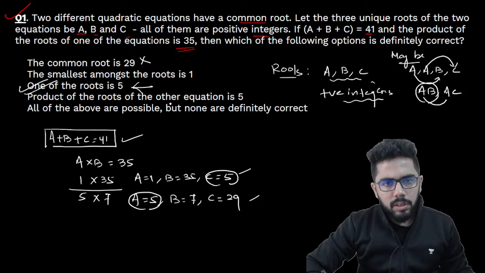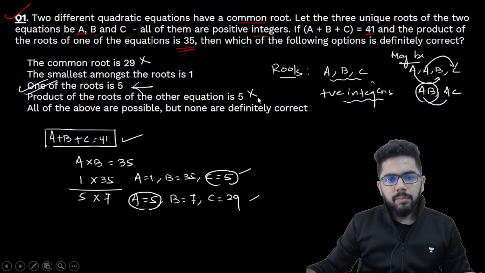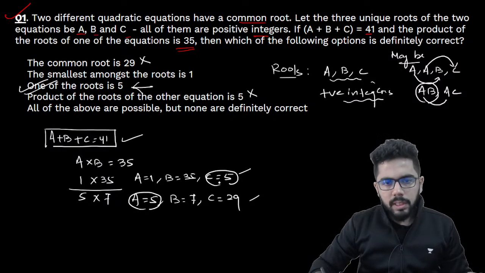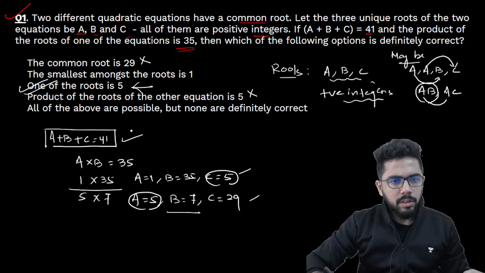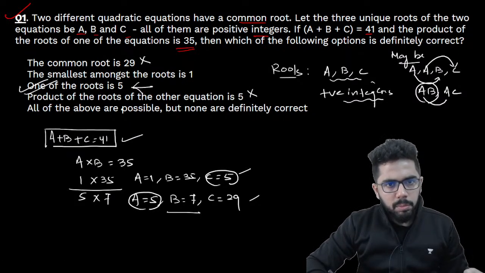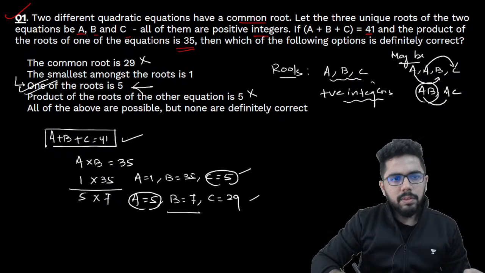Product of the roots of the other equation is 5, we don't know, कुछ भी हो सकता है वहां पे। Product of roots 5 तो definitely आ नहीं रहा है, अगर मैं ये एक set of roots ले रहा हूँ और और एक ले रहा हूँ, 5 तो कभी आएगा नहीं। ओके, all of the above are possible but none are definitely correct। No, one of the roots is 5 is definitely correct, this part,